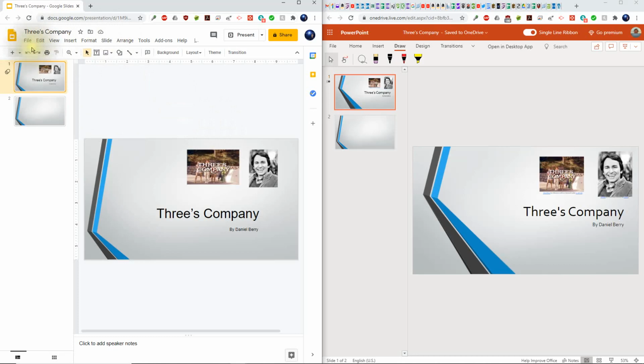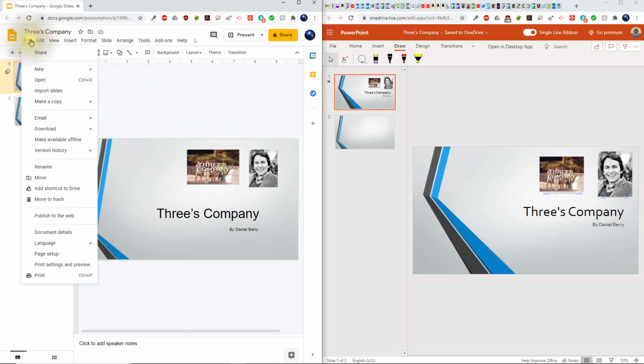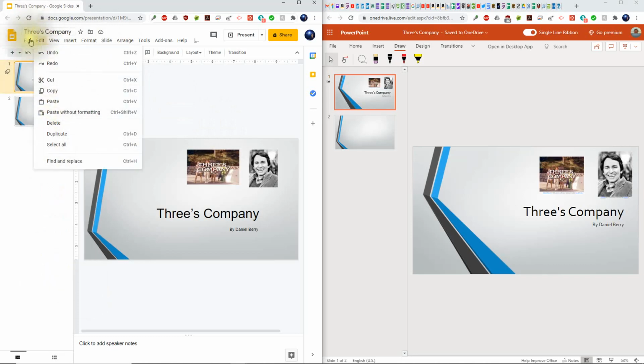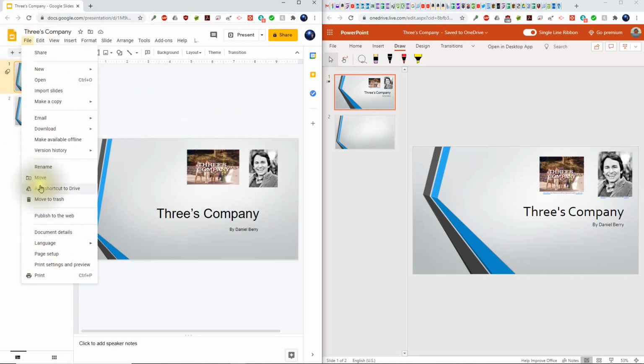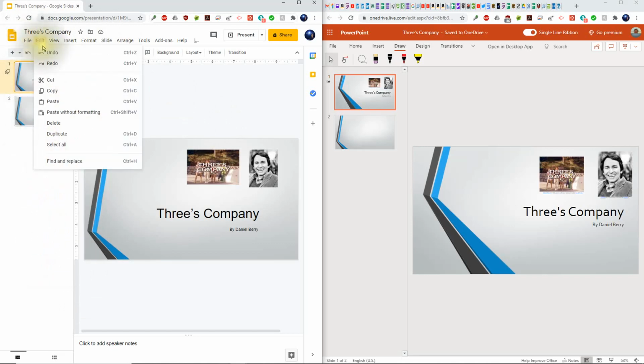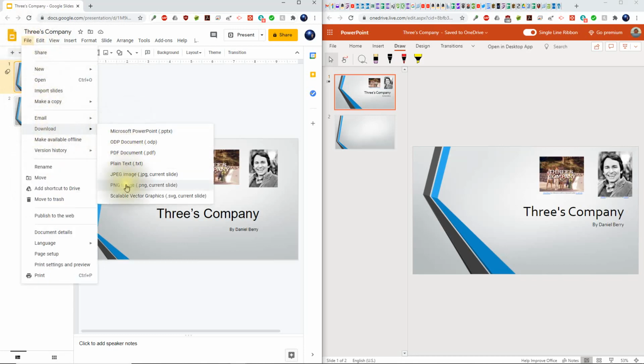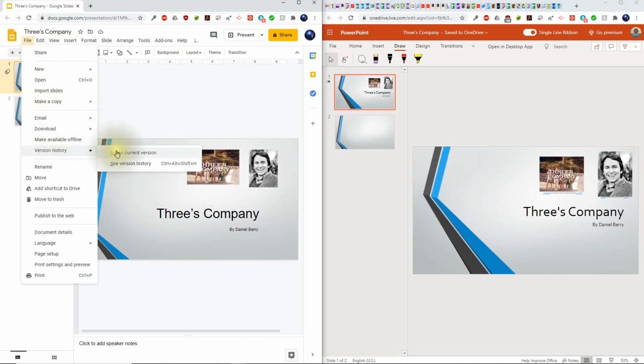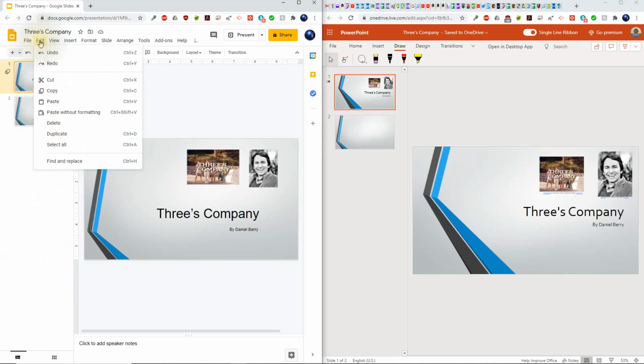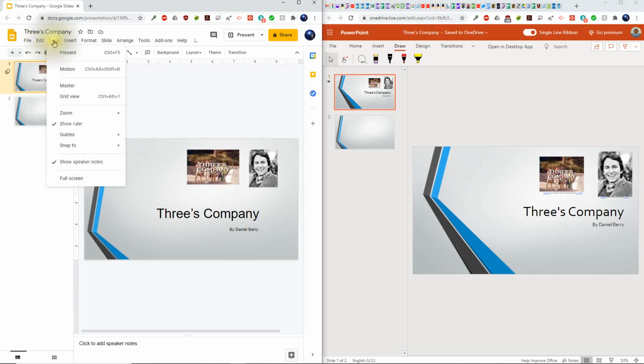So when we go over to Google Slides and I click on File, we get the File menu, and these menus are pop-down menus. So you see all of your tools and menus and options there. So under File, that's where I can download it. Many options for downloading. There's my version history. I can rename it, move to trash, but there's many other options there too. When I go to Edit, that's where I can undo, redo, copy, paste, and all of those. Next is View, where I can actually present it. I have other options there.